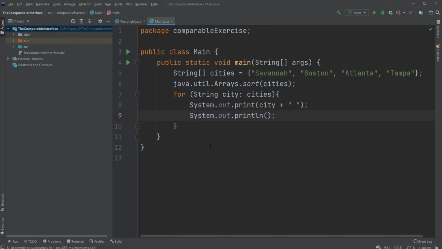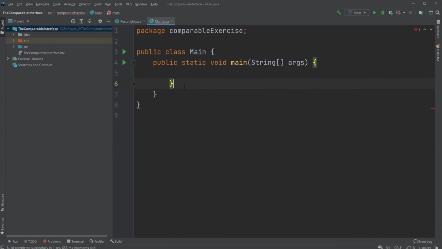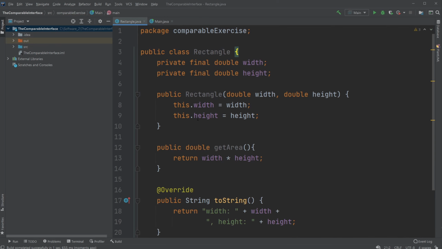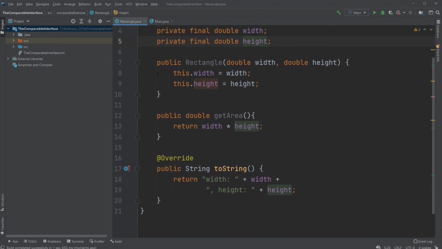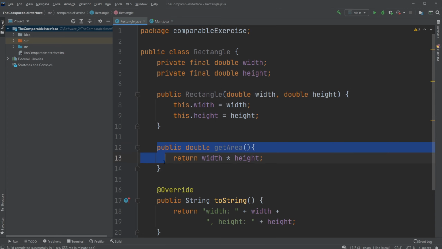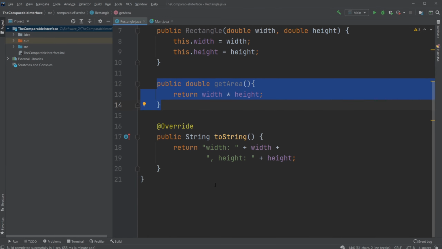But what's also very interesting about the Comparable interface is that we can actually implement it in our own classes and then tell it how to sort these different objects. So I will remove this example, and I have created a Rectangle. This is just a normal class. We have two attributes, a private final double width and a private final double height. We have a constructor where we can add the width and the height. We have a getArea method that allows us to get the area of our rectangle, which is just the width multiplied by the height. And then I override toString to be able to get the width and the height